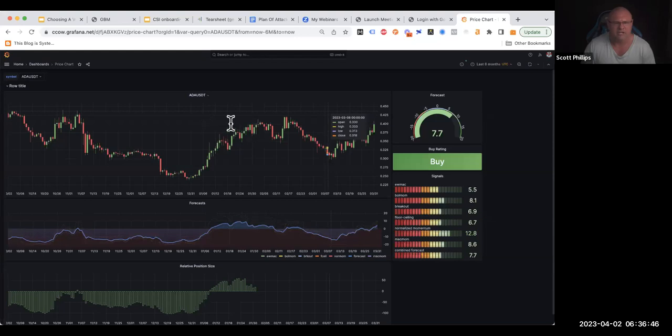Are the signals only taken on a daily time frame? Great question. Yes, they are. I can show you some data on when we tried to do it on shorter time frames if you guys are interested, but it didn't work.